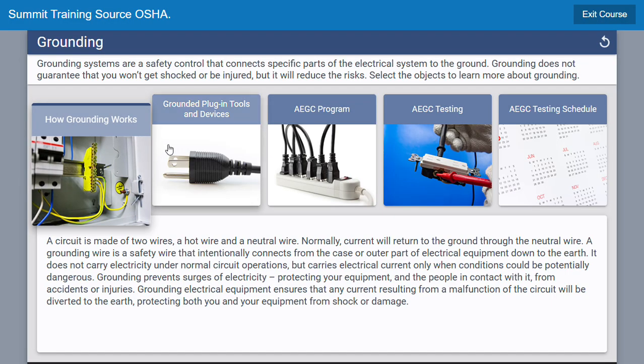A circuit is made of 2 wires, a hot wire and a neutral wire. Normally, current will return to the ground through the neutral wire. A grounding wire is a safety wire that intentionally connects from the case or outer part of electrical equipment down to the earth. It does not carry electricity under normal circuit operations, but carries electrical current only when conditions could